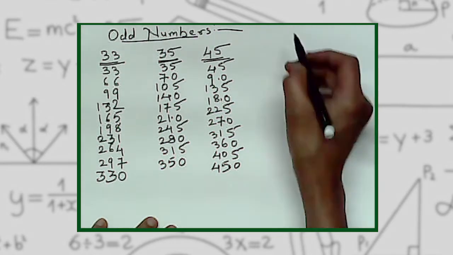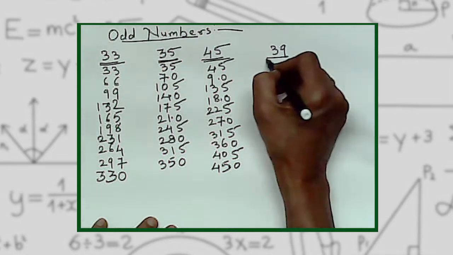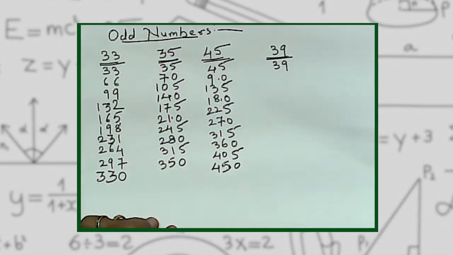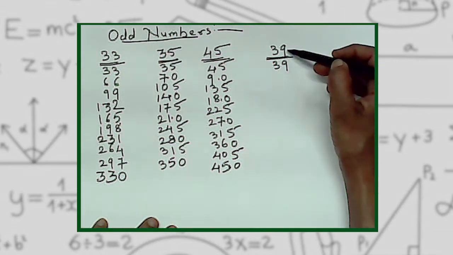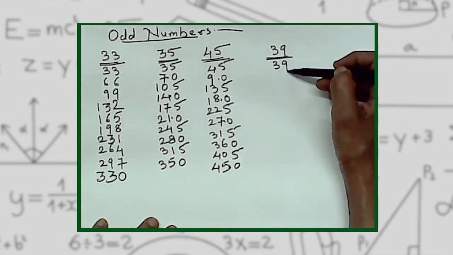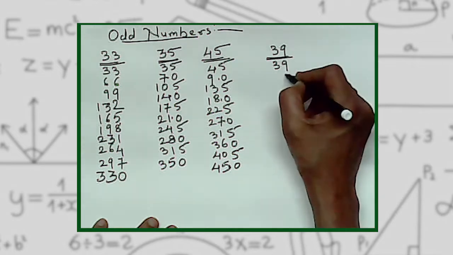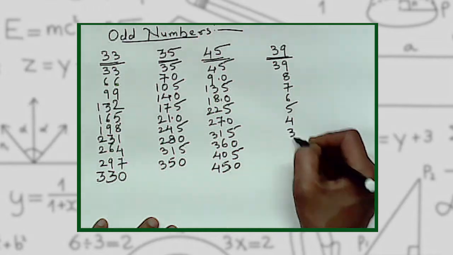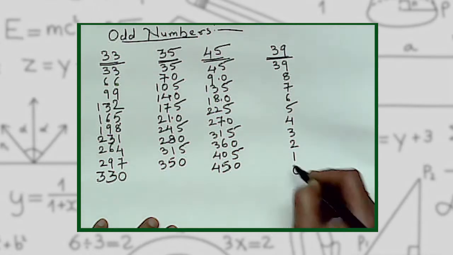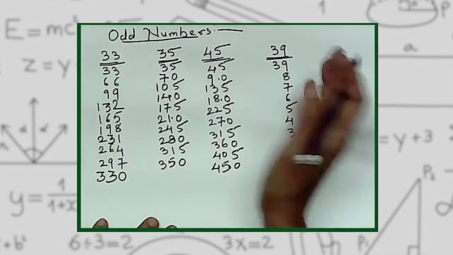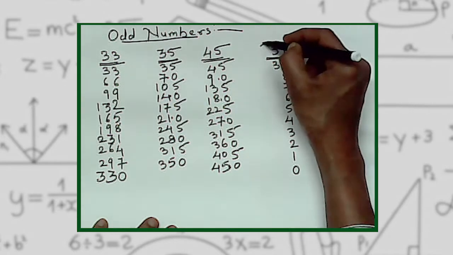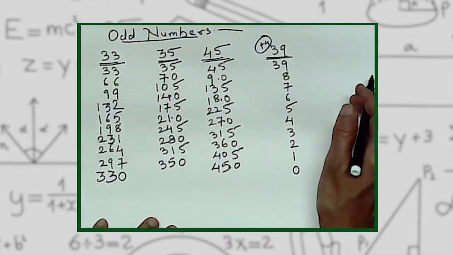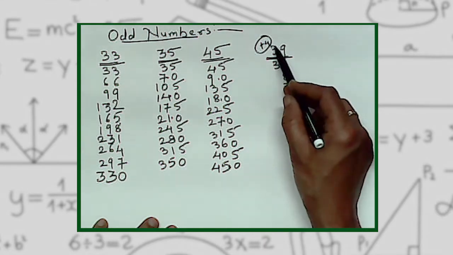Now we will see tables having units place as 9. It is again very easy. When the units place is 9, go on writing all the numbers in descending order: 8, 7, 6, 5, 4, 3, 2, 1 and 0. And your left hand side will be, instead of adding 10, we will add one more than the higher consecutive number. We will add 4. Instead of adding 3 plus 3, we will add 4.